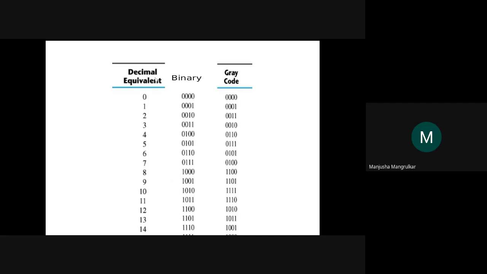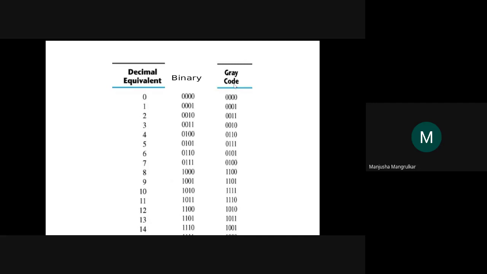This is a decimal number, as we have seen many times: 0, 1, 2, 3, 4, 5, 6, 7, 8, 9, 10, 11, 12, 13, 14, 15. It is the same representation of decimal numbers as binary: 0000, 0001, 0010, 0011, and so on. So this is the decimal number into binary. For 15, we convert to 1111, right? This is 1110, 14. 13 is 1101.